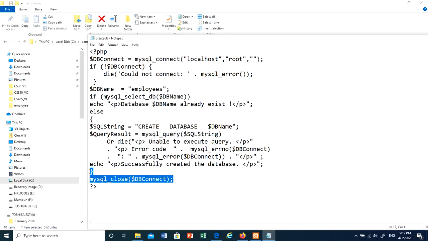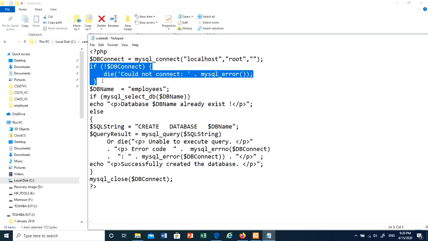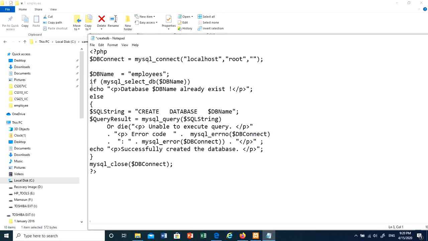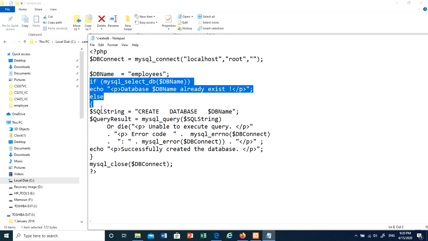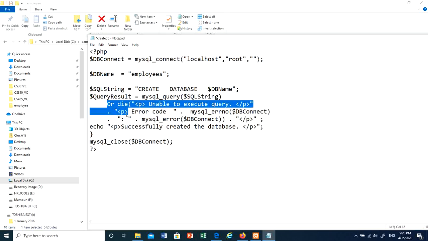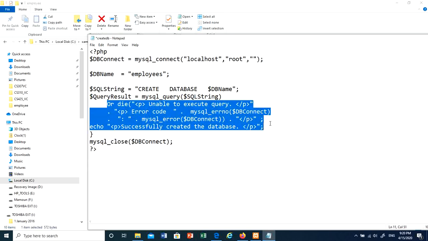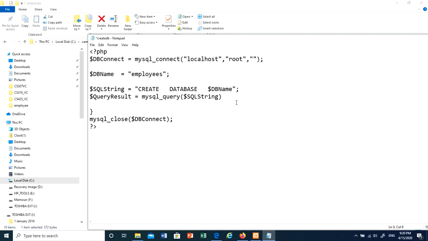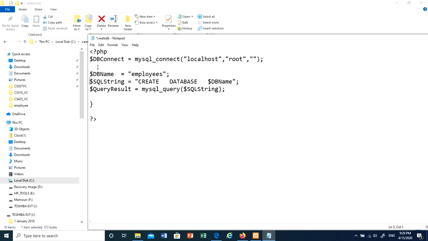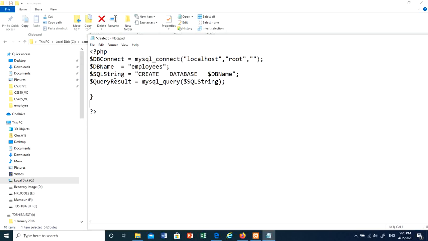Then this is to close the database. As I told you before, it is optional. A lot of things are optional here. In fact, this if statement is optional, I can remove it. This if statement is optional, I can remove it. This die is optional, I can remove it. Even this message is optional, I can remove it. And I can put my statement like that. Even this one is optional, I can remove it. So usually this by itself is going to work. No problem with that. This one, connection, database name,